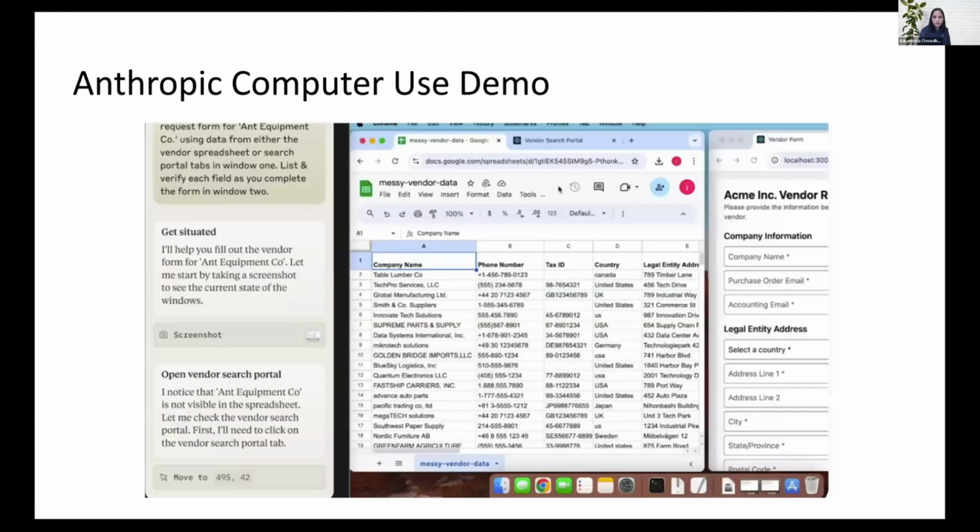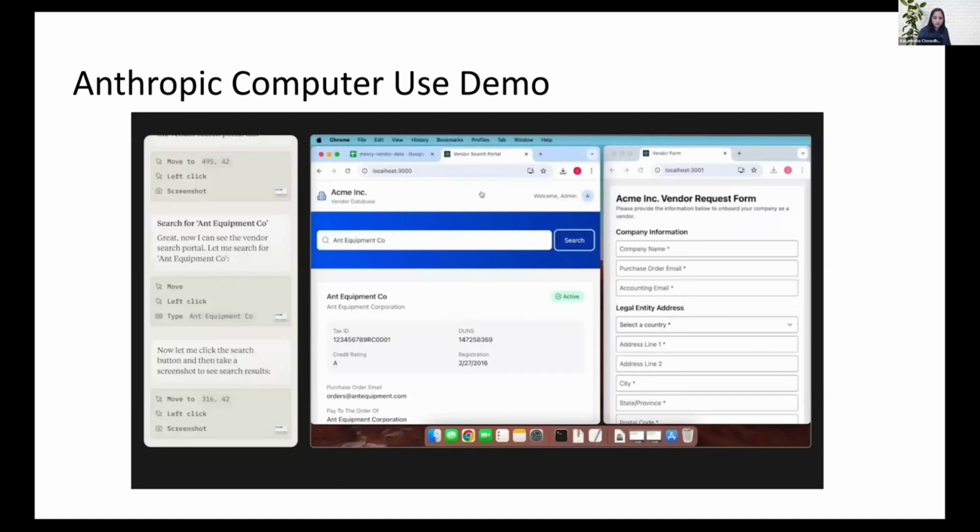And very promisingly, the model first comes up with a plan, and this is me giving screenshots of the demo that is presented, and then it's able to figure out, okay, I need to switch to another application. It finds the relevant company or the workflow that it's supposed to go find, and then it's able to extract the right details to fill out the form. A lot of this means that the workflows become much easier to tackle.